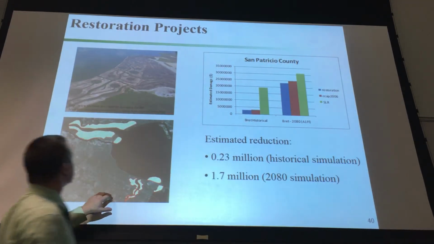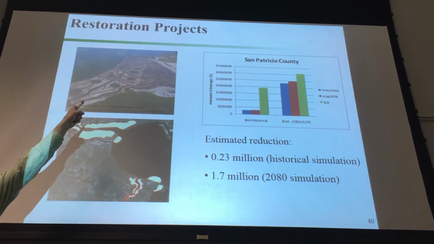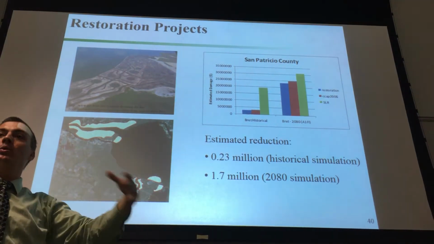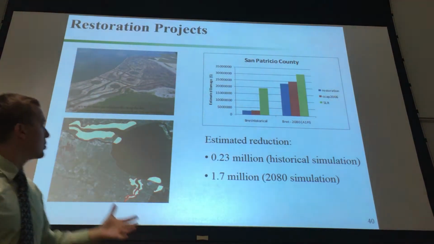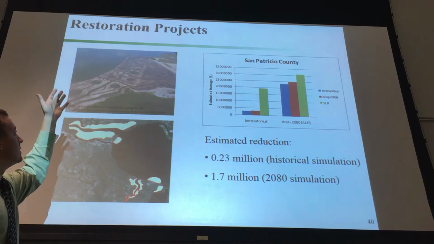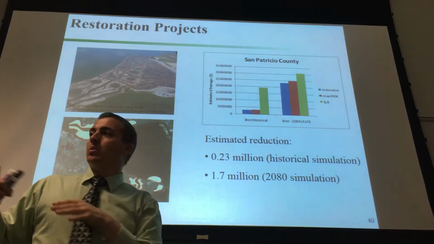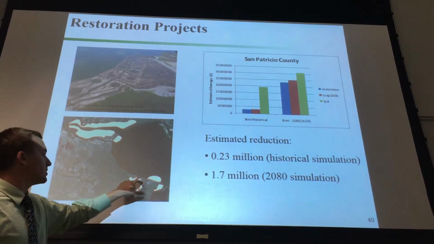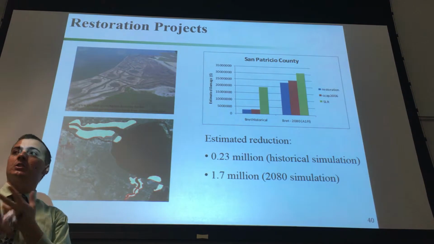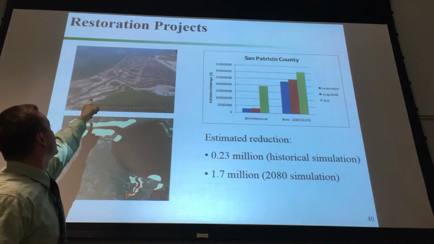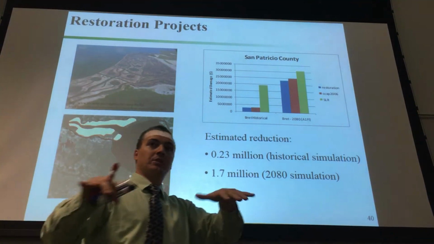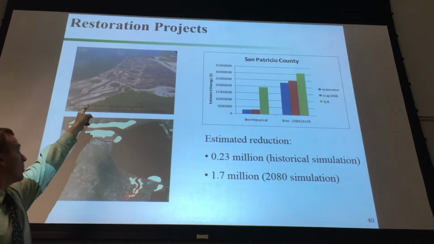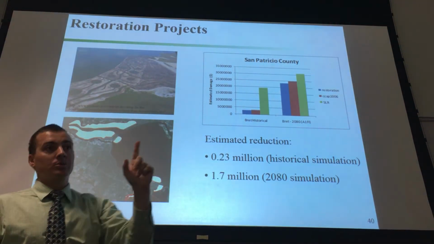So what we did in this case study is, on top here it's a restoration project. This is an actual wetland restoration project that people were building at the coast at the time. We simulated a scenario without the restoration project with our ADCIRC. And then we simulated a scenario with a bunch of restoration projects where we would change friction, we would change elevation, because they not only put plants, but they change the bathymetry, the topography. And we then run ADCIRC before, we run ADCIRC with the projects, and we use damage